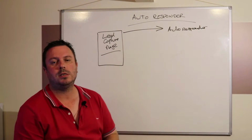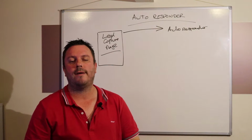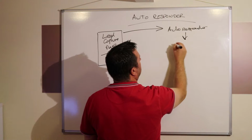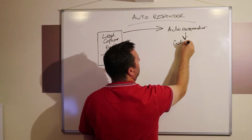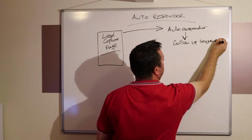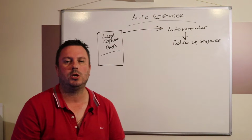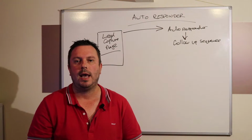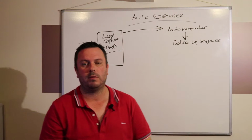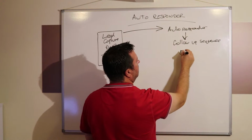Okay, now when it goes into your autoresponder, what you want to set up is what we call a follow-up sequence. Your follow-up sequence is basically a set of emails that you've already written and they're preset into the email autoresponder. So what you're going to do, you're going to have email 1,